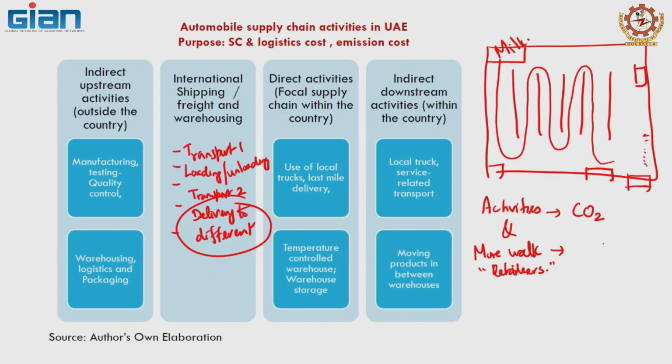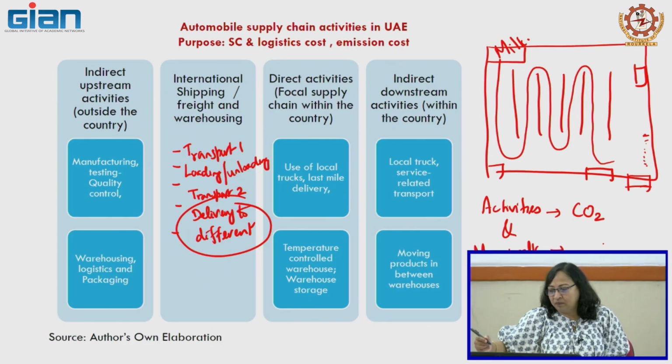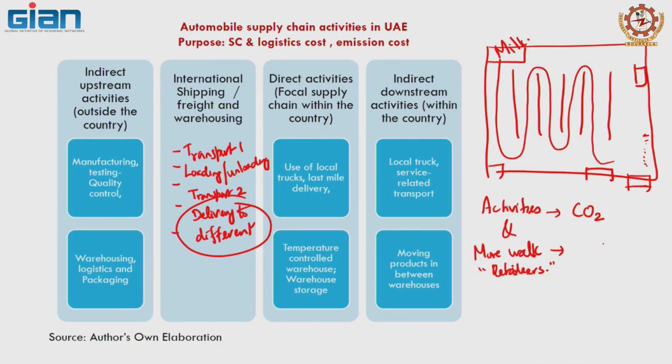So, that means activity is not bad. Activity is good for certain areas, and not good for other areas. Here, activity means walking around the aisle. If you are walking more and more, your items will be sold. And if you keep the layout in such a way that milk and bread are diagonally opposite, probably you will not have the same kind of